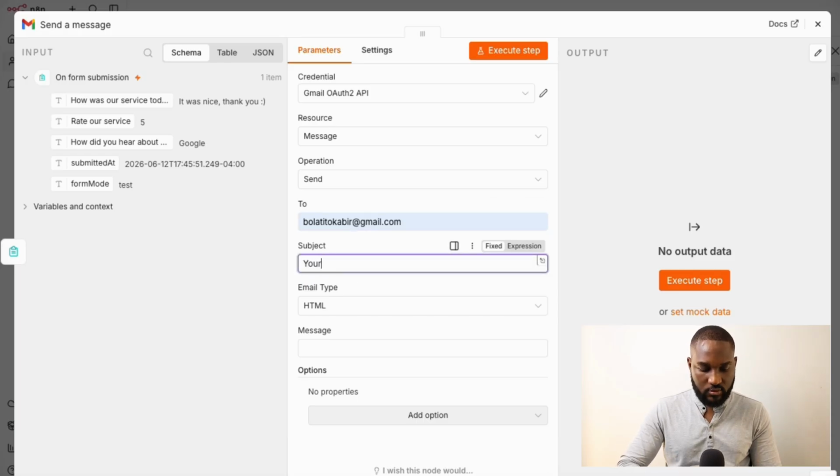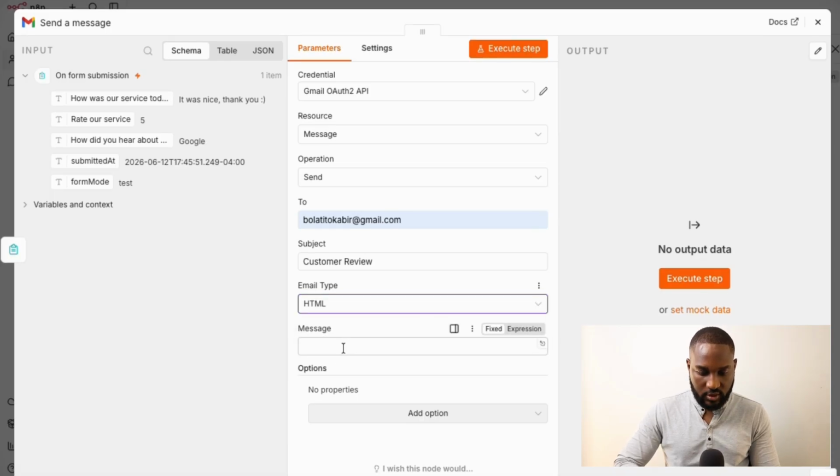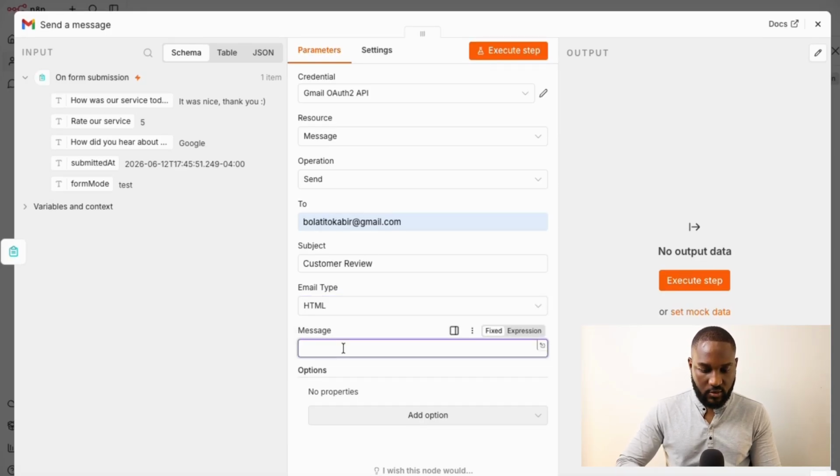And the subject, so that I will know the subject of the matter that the form came from: Customer review. The content type, I'm going to say HTML. The message here is going to say, you just got a